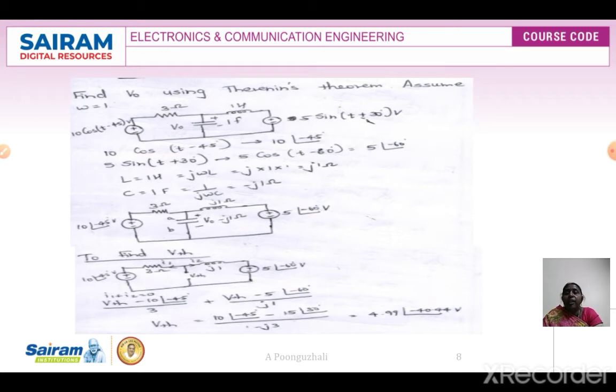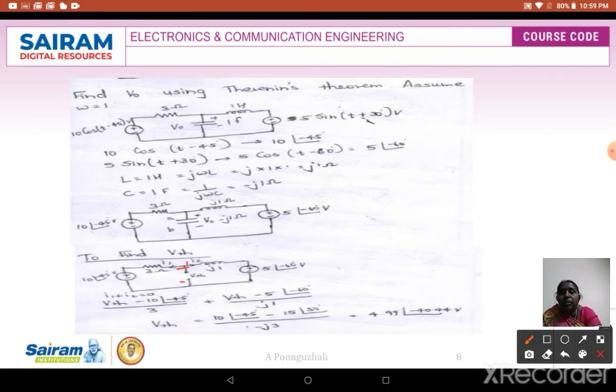So now we have to find out VTH. So the load impedance is going to be at your AB terminal, that is minus j. Remove it. Find out what is going to be the voltage across that. So suppose I am going to assume that this is the current I1. So in that case what we are going to write is plus minus. If I am going to have current entering like this, this is minus. If I consider one side of the loop, it is going to be your VTH.